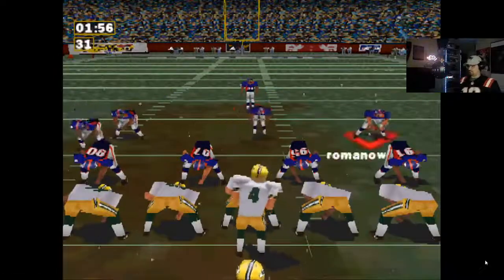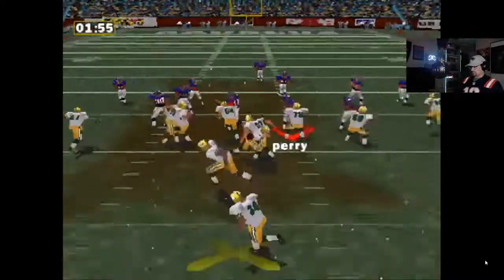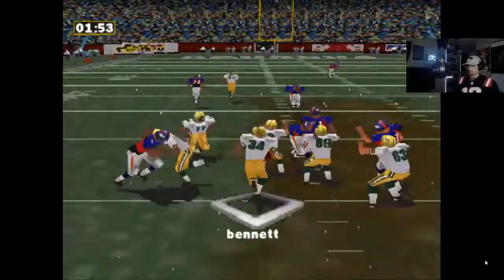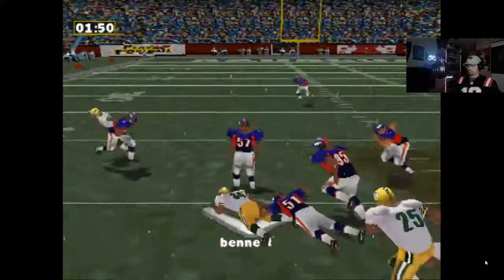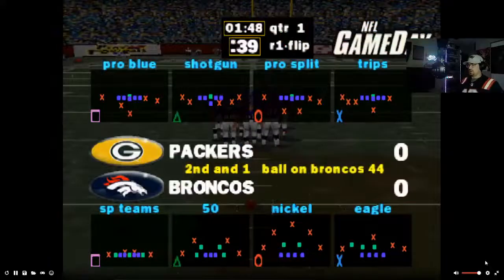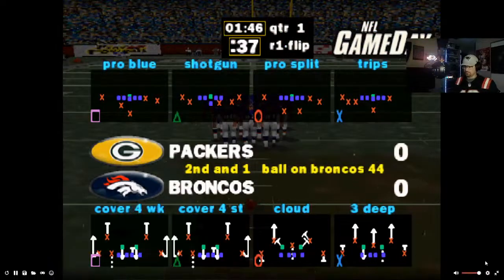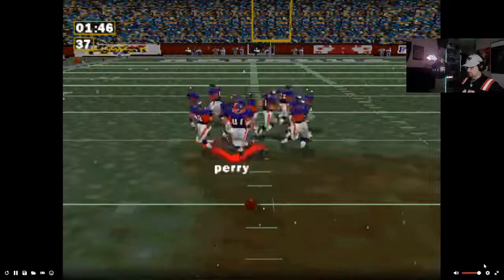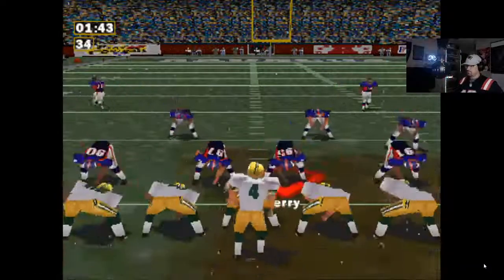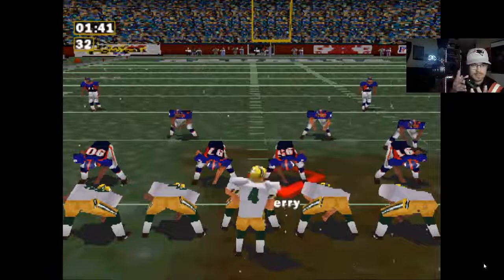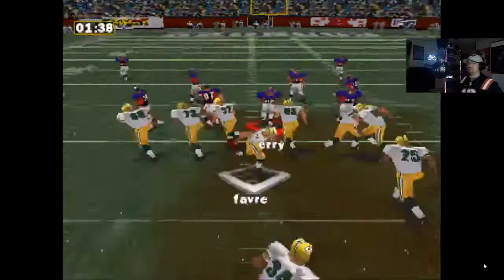Blue 25. Hot. Second and 1. There's no pre-mapping, so you can't see what the defense is doing.